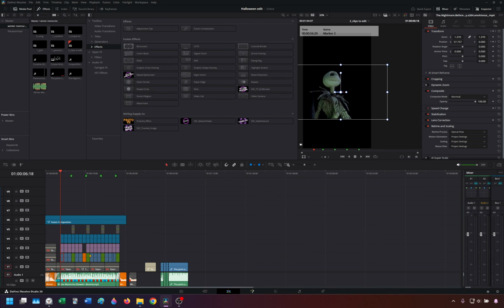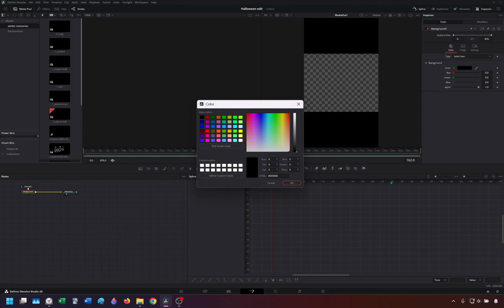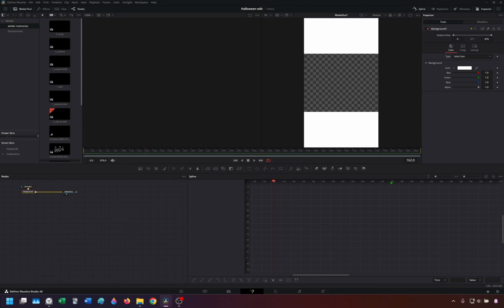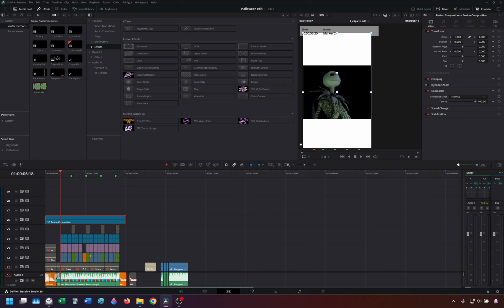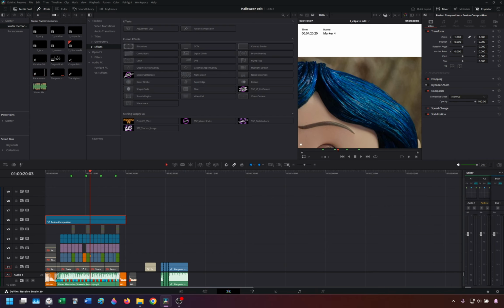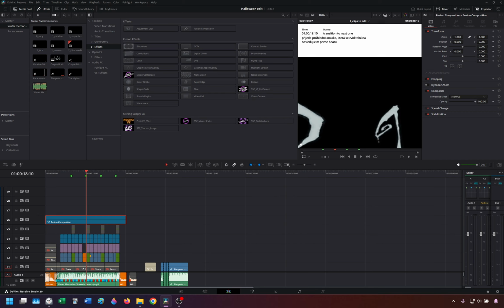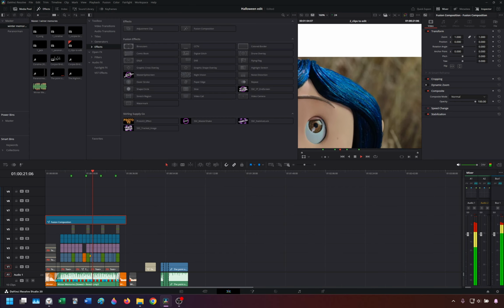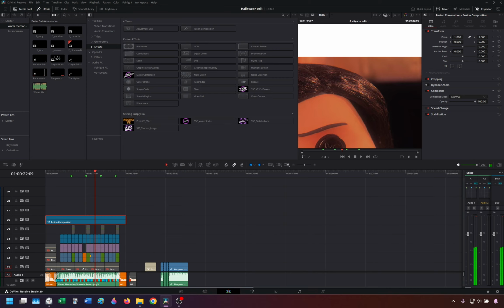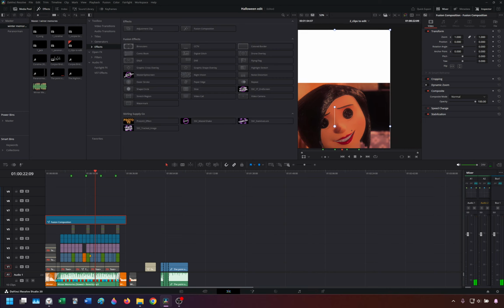In that way I can simply keep it in the rectangle window I chose. If there would be some sort of gap, it will show, and there still, I believe, is. For example, here with Coraline. No, it's actually good. If there was some sort of gap, it would show as a black